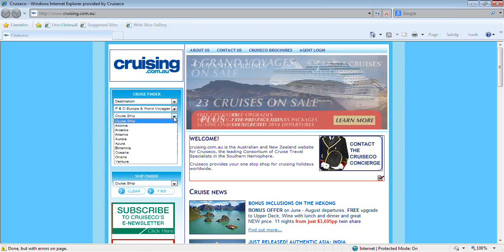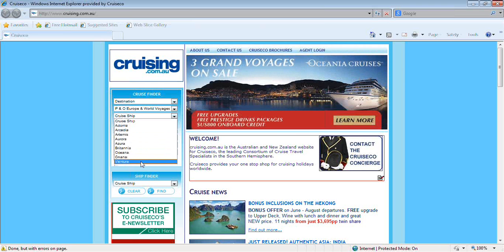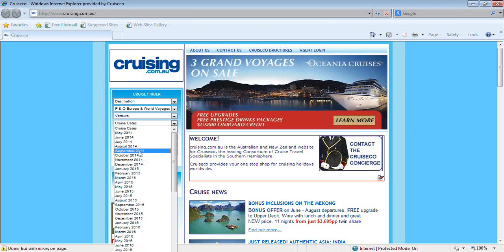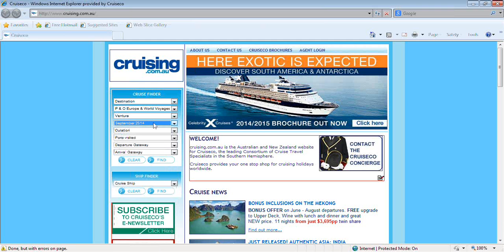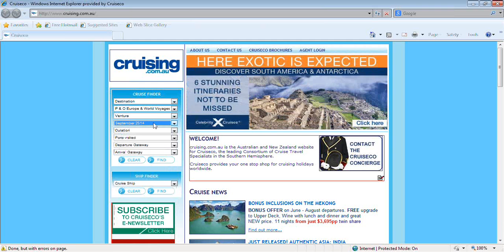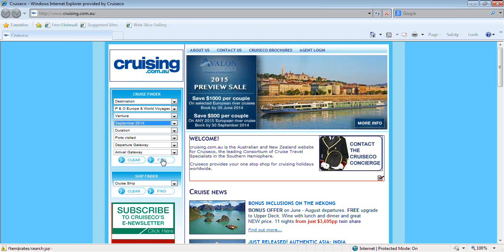Then I'll put in Ventura, so it's nice and simple. And if we put in a cruise date, you may or may not know what this is. You may know that the client wants to go on a specific ship, so you don't have to put in all of this information, but it will narrow it down a bit. I normally use these top four because I find them the most useful. The bottom four I do find narrow it down maybe a little bit too much. So just hit find,